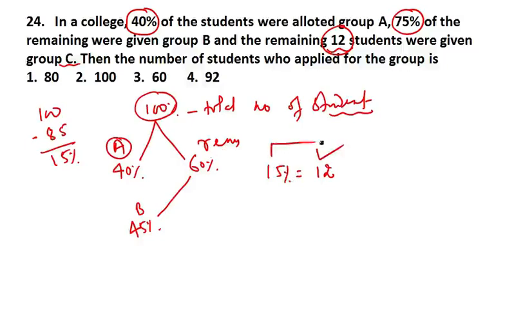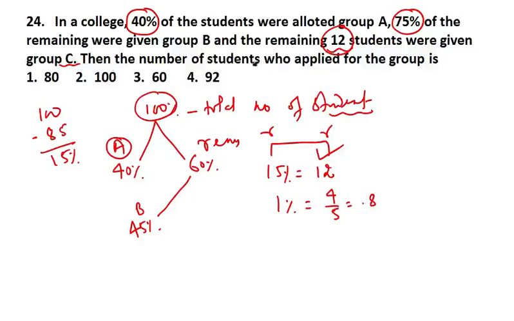Now the equation is balanced. Remember, in mathematics you always have to balance the equation. Now this is remaining out of 100 and this is remaining in real number in the given question. So 1% will represent how much? If you divide, it will come 4 by 5. 4 by 5 means 0.8.